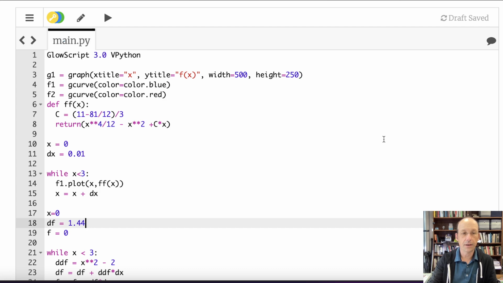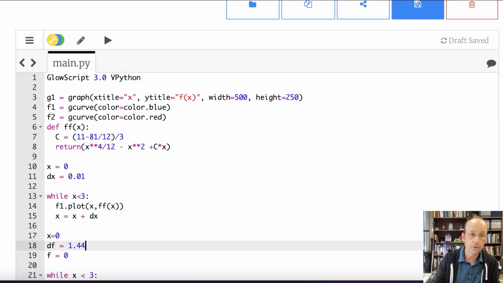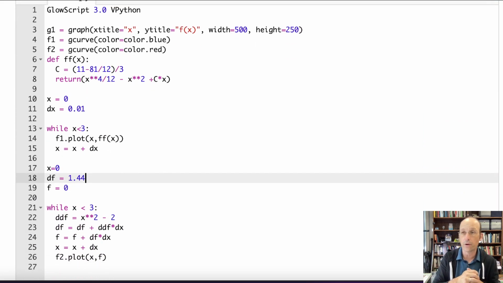I should have saved this as something else, but I didn't. Now, there is a way that you could make that shooting method more automated. You could say, okay, keep increasing the slope until you get to the right value, but that's something for another day. I'd just rather show you what it is. You could use your programming ninja skills, or whatever you want to call them, to make that a much better program. But this is simple, right? And that's what I like about it. It's simple and easier to understand.